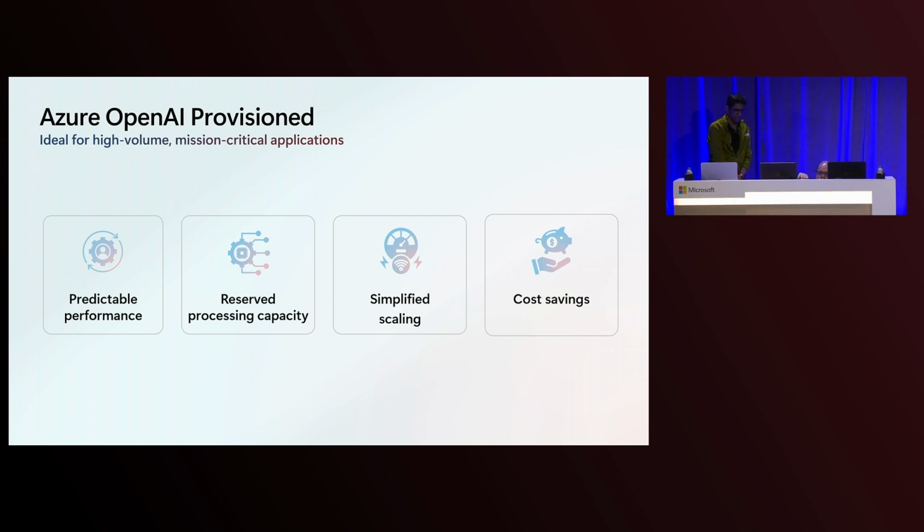So the model router, as Setu was saying, and he's going to show you in a minute, will automatically route your prompt to the effective model, which takes the complexity of the decision out in terms of which model to use. The next decision you then have is, what deployment type or offering type do I want to use? Standard is the first offering type we just talked about. That's the best to get started. That helps you out when you're initially building your application. Then when your application begins to scale, you've got a key decision point. Do you want to scale on standard, or do you want to scale using provisioned throughput?